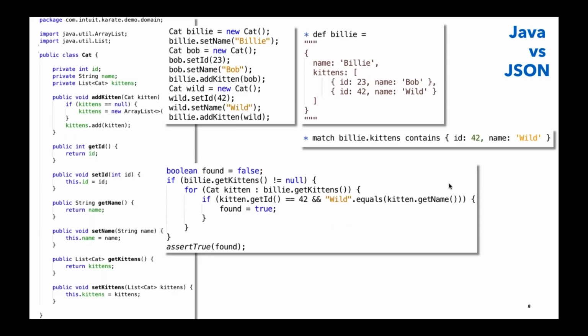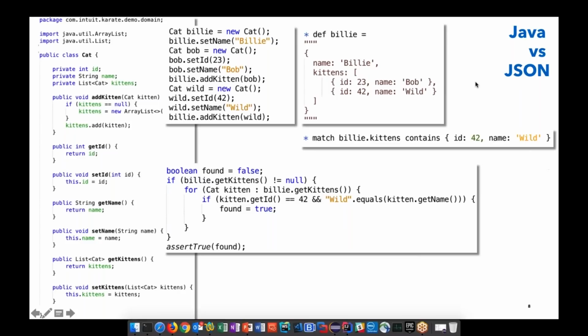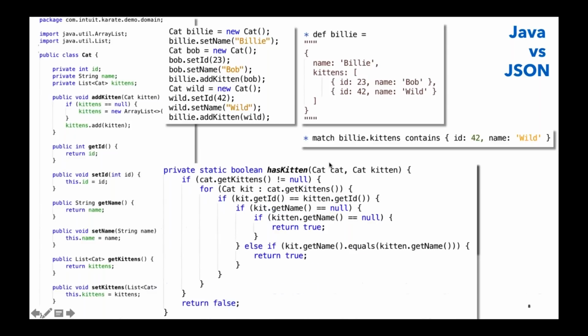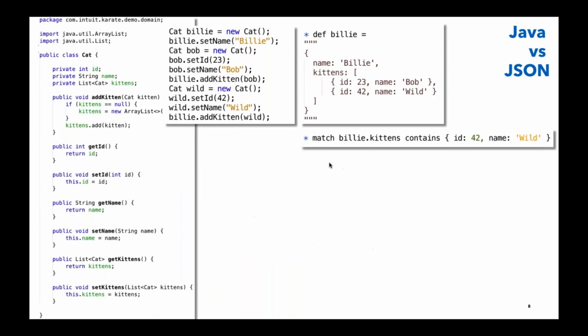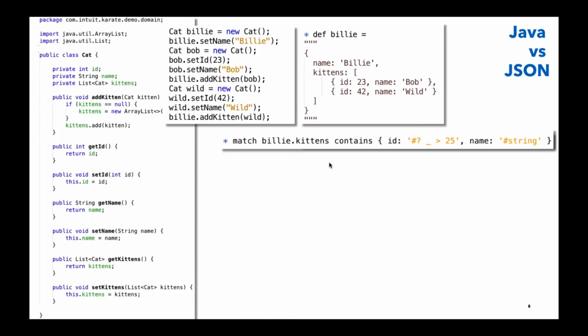And if you look at the Java code, a lot of Java programmers would relate to this. You need to iterate over that collection. You need to check for nulls and then unpack values and then do all the equals comparison. Obviously, it's a lot easier with Karate. And some Java programmers at this point would actually say, hey, if I implement equals and hashCode, it's not too bad, right? And then I show them this example. Before that, this is just the enterprisey version of what I showed you previously on the Java code, because you need to typically write generic functions that can take any cat and any kitten. And again, I'm pretty sure I've made mistakes in this code.